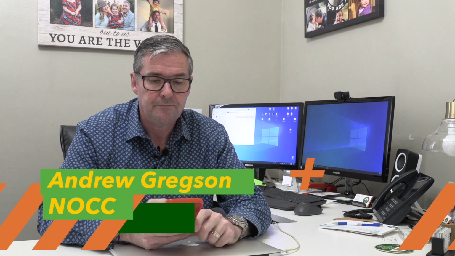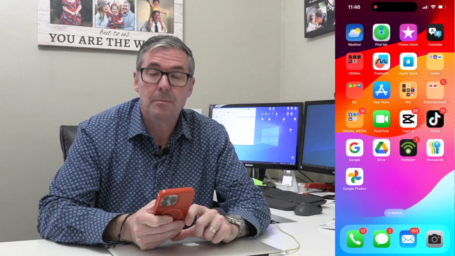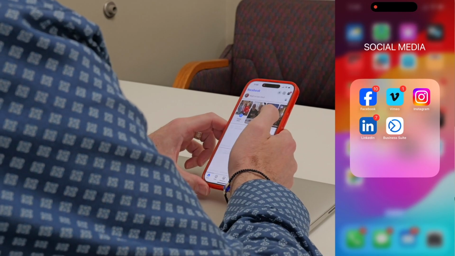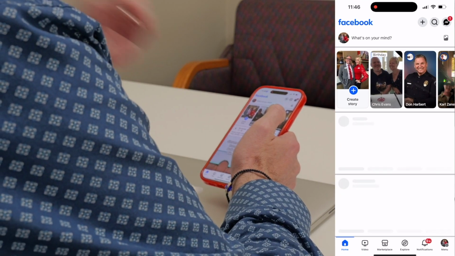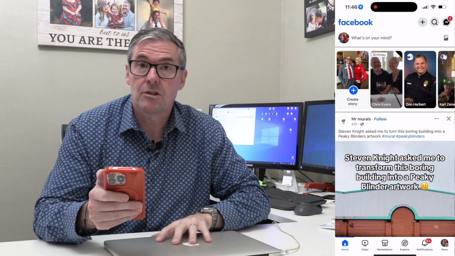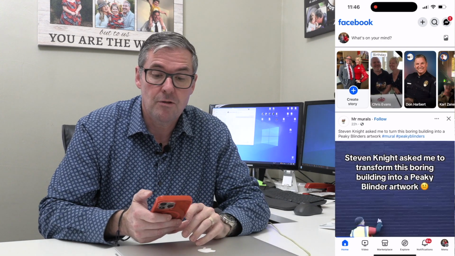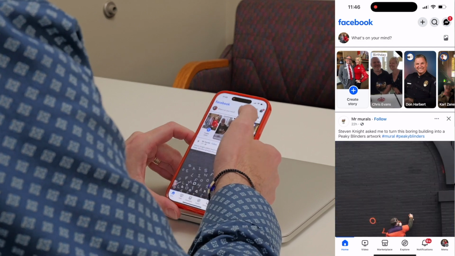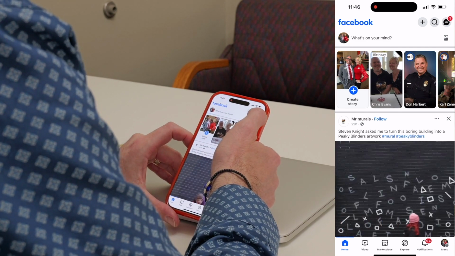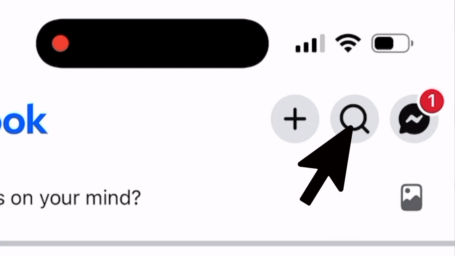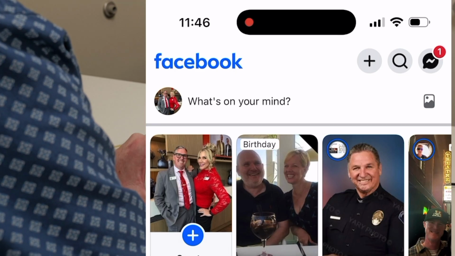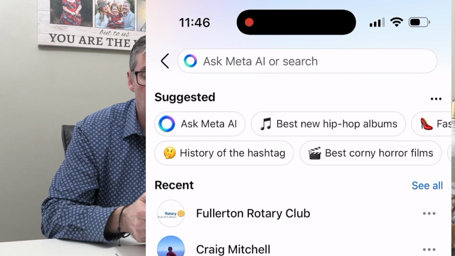So now I'm going to show you how to log on if you were doing it through your cell phone. What you want to do is find your Facebook application and open it up. Now, if you're already logged in, it should automatically open straight to your home page. And if you look at the very top right, you'll see the little spyglass. If you just tap that, and then right in there,